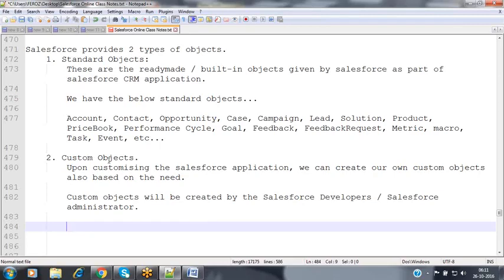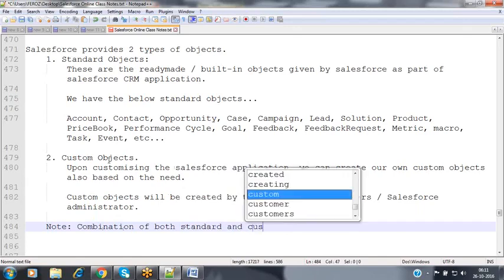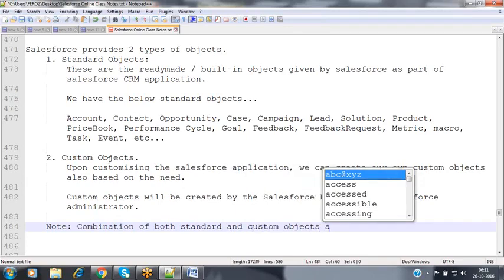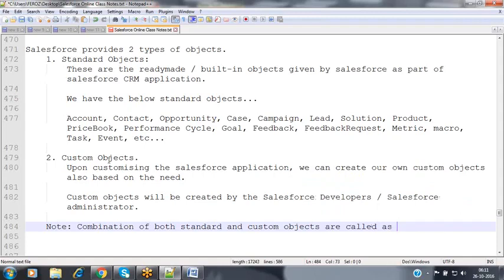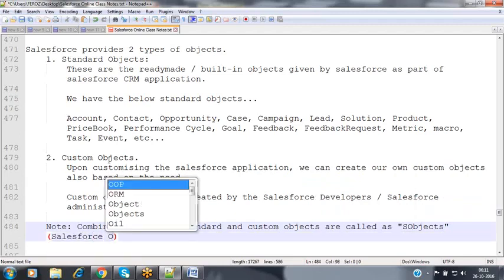Now, whatever standard objects are given by Salesforce, and whatever custom objects we are going to create, both combined are called sObjects. Make a note: the combination of both standard and custom objects are called sObjects. sObjects means Salesforce objects.